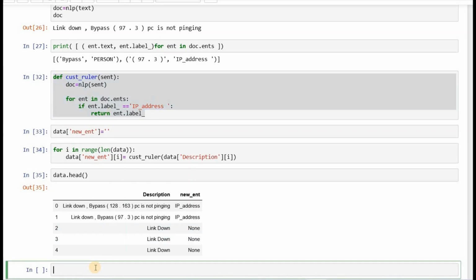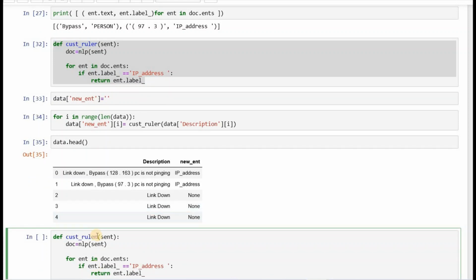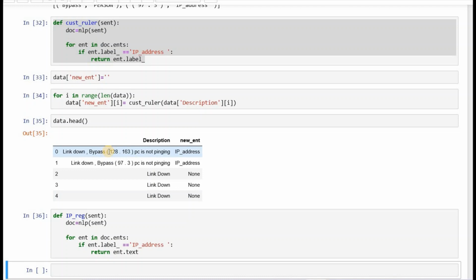You can copy and paste the same rule. Let's give a new name to this, say IP rec, and in place of return ent.label, we would give ent.text. By this it would return the text, not the label of the text. The label is the name of the ent.